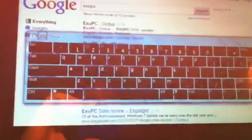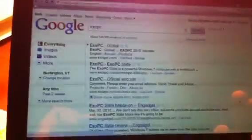Let's see. And there we go. It's not bad. The scrolling, after the second firmware update, it did start going a little bit better. And there's our forum right there. So not too bad. One other thing that I did that I'll just show you before I sign off here,